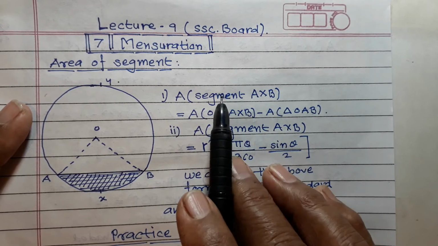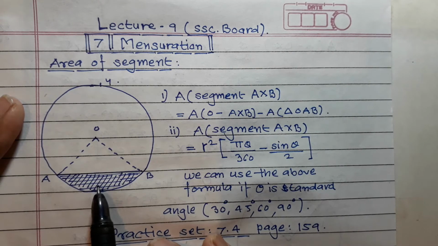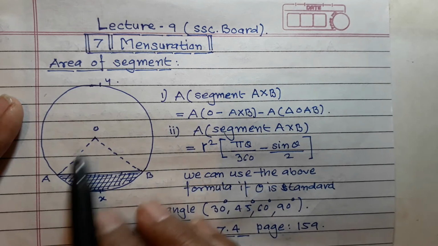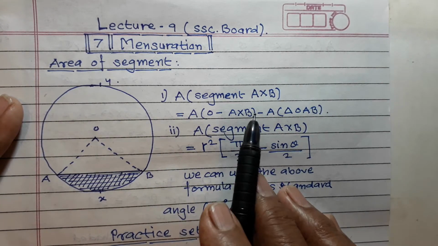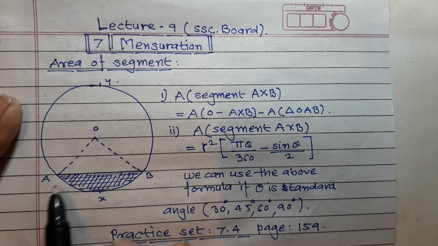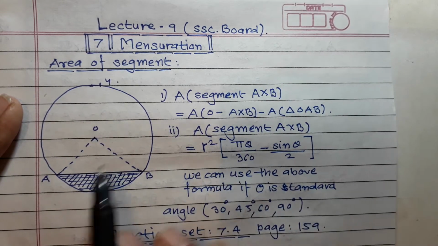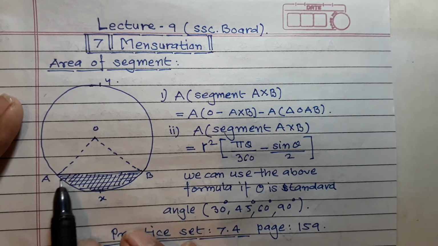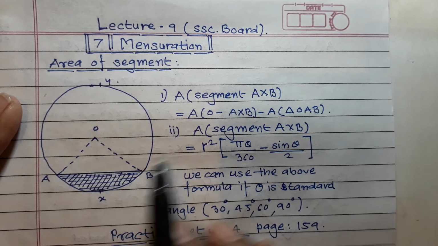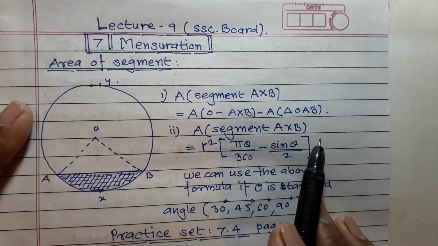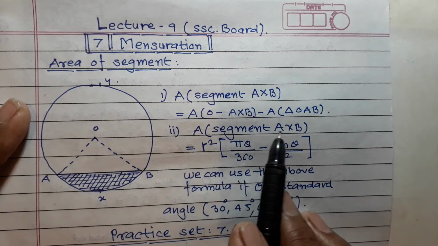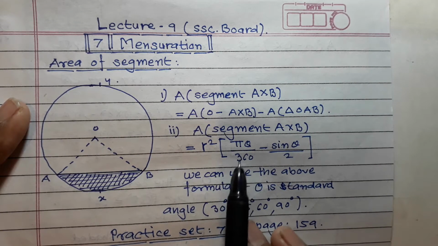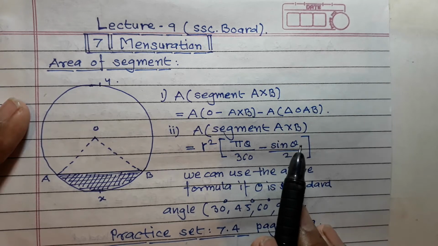Area of segment is equal to, suppose if you want to find the area of segment AXB, then it is equal to area of sector OAXB minus area of triangle OAB. This gives you the area of this segment. And one more formula is here: area of segment AXB is equal to R square into (pi theta upon 360 minus sin theta upon